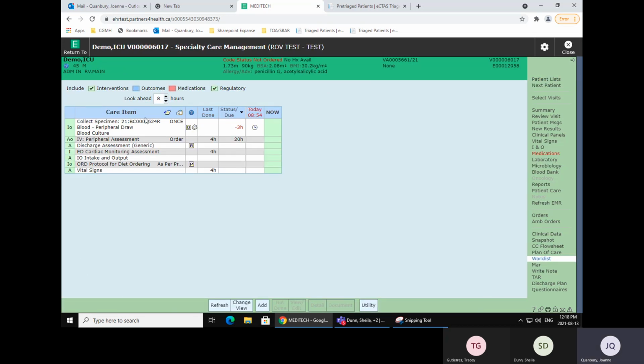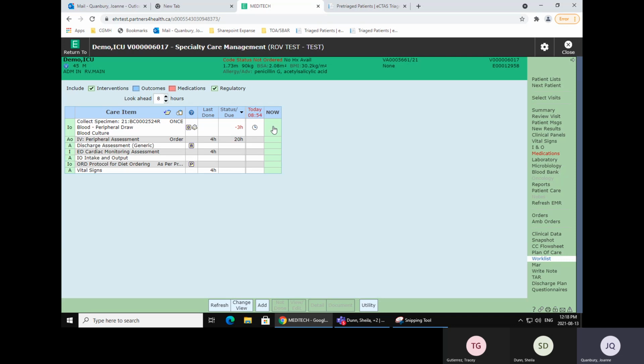Opening up just a work list. So this is everything that's been done at an ED. ED does have standards of care for each patient. So you would see that on there, whether it's a respiratory or burn, skin, wound, you'd see those assessments that they've already done and anything that's left to do. So here they never did the blood culture draw. So it still shows it's pending and that we would have to collect and do that or notify the lab,